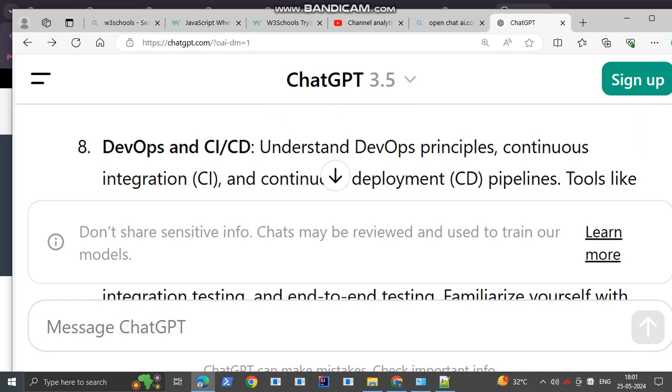Within this, CI and CD mean continuous integration and continuous delivery, otherwise development. So some tools